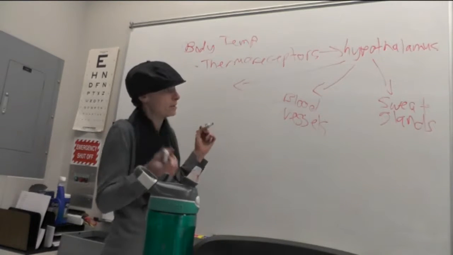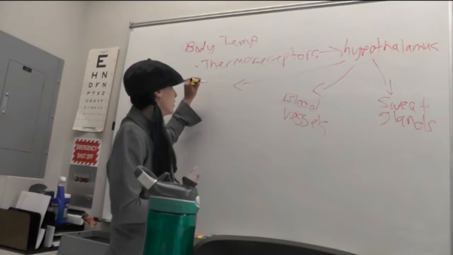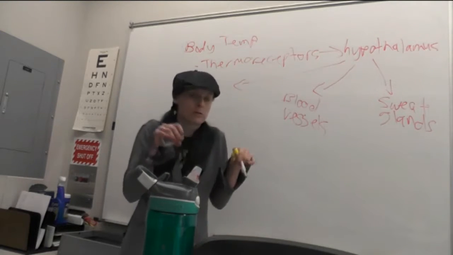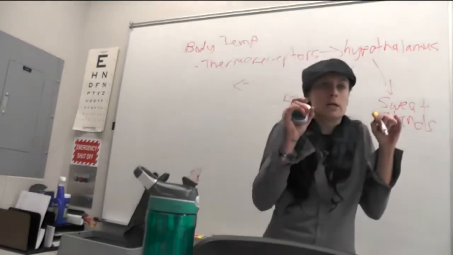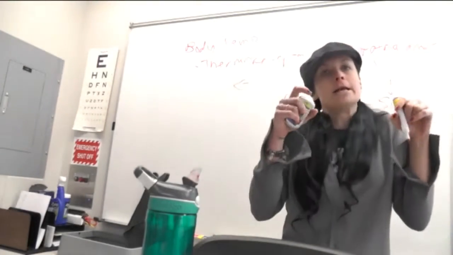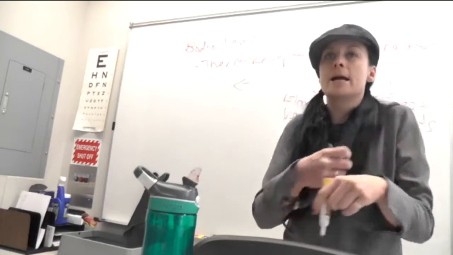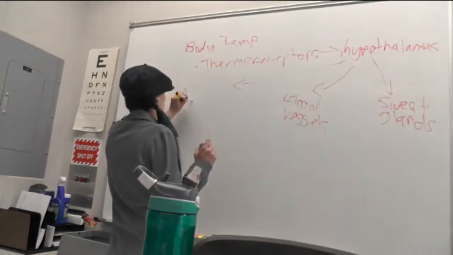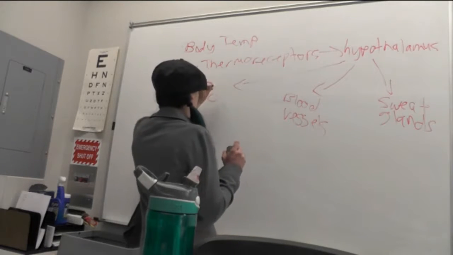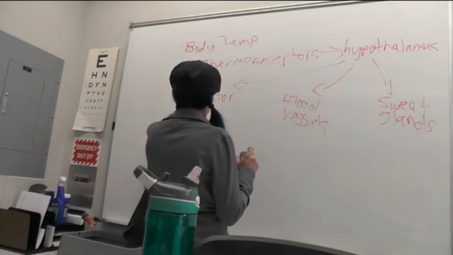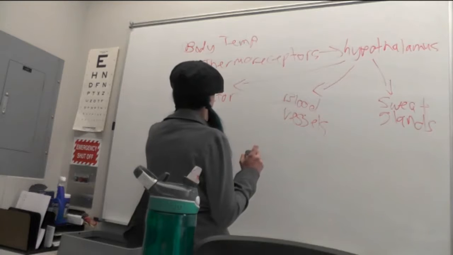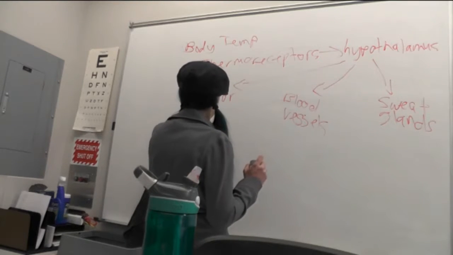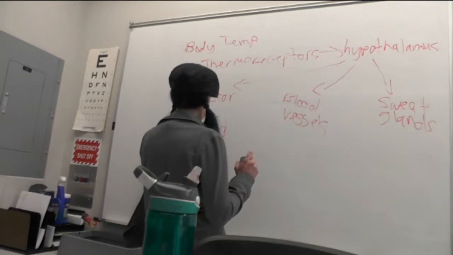So the other thing when it's cold is that you can shiver. So you will shiver. You're going to have these skeletal muscle contractions. And another thing that you're going to do is you're going to stand your hair on end. You get goosebumps, right? That's because of these little muscles called erector pili muscles. So our erector pili are going to stand our hair on end, and we'll get goosebumps,